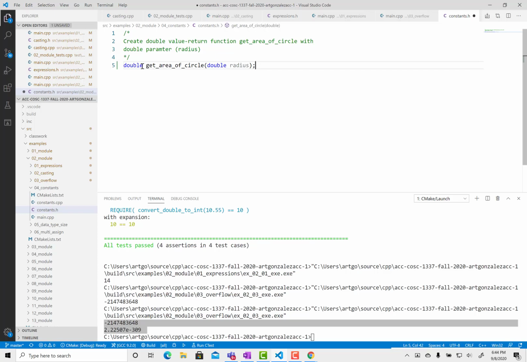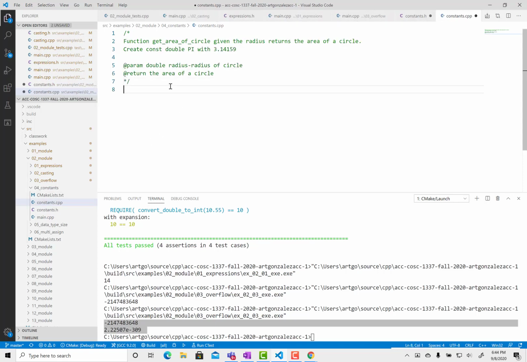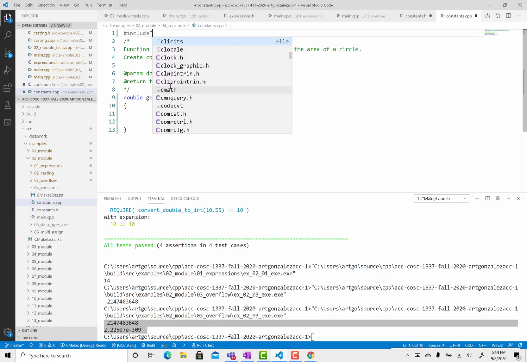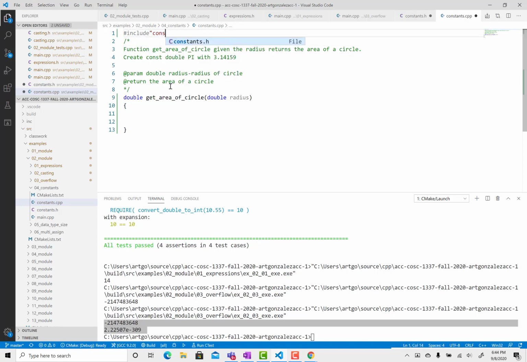We jump from constants.h to constants.cpp, and let's see what it's asking us to do here. Create const double pi with 3.14159. There are two ways we can do this. First of all, let's not get in trouble, and let's make sure we include constants.h,